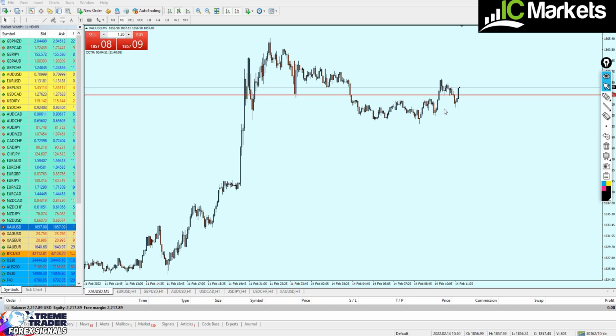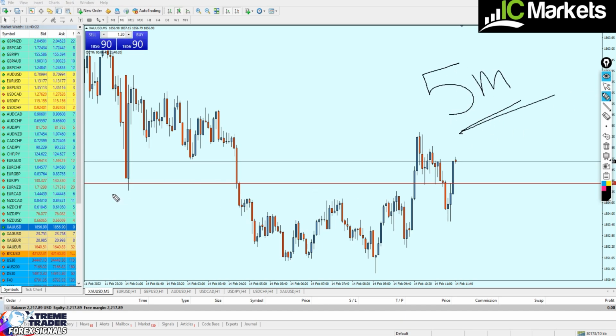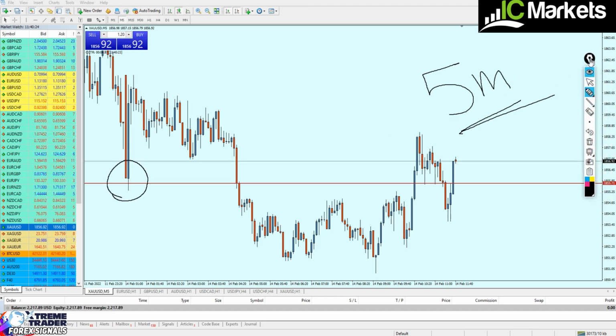So let me just tell you that another setup for the gold has been spotted right here on the 5-minute time frame. Now, as you can see, my friends, remember, I'm right now on the 5-minute time frame on the gold. We can see clearly that the level of 1855.71 was actually a strong key